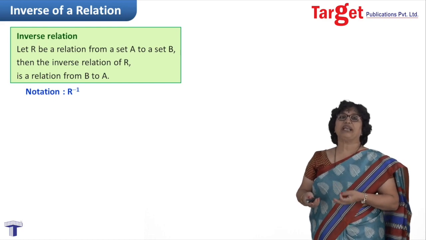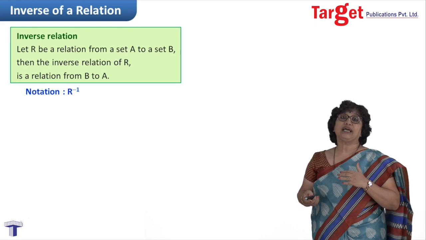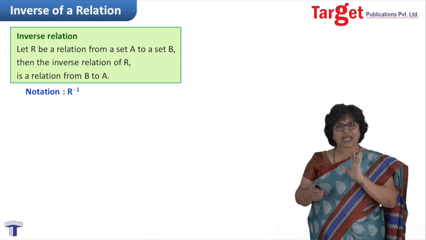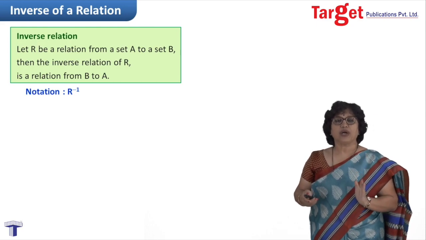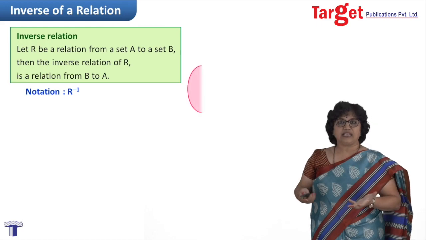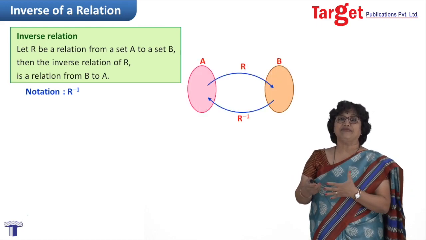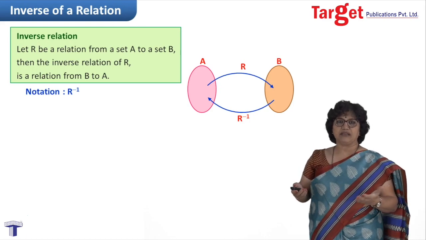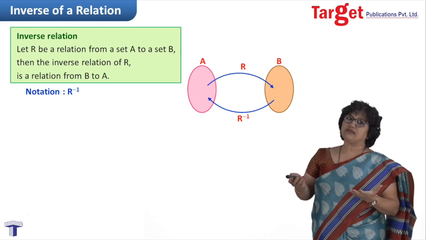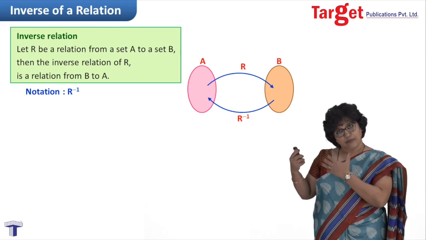Mind you please, if I am writing that -1 with R, do not understand it as 1 upon R. We are not going to divide. It is just a notation to show that we are talking about R inverse. Now, let me explain this in picture notation, because at times when we write a definition in words, it becomes a long statement. Some of you may not understand, and some of you may feel like just memorizing it. Instead of that, please see it in the picture form.